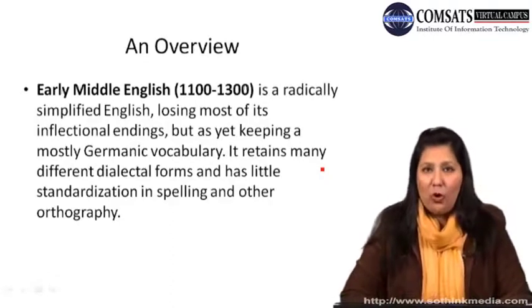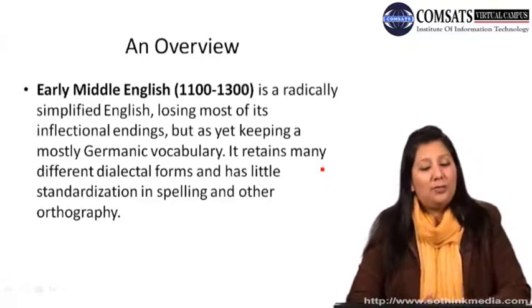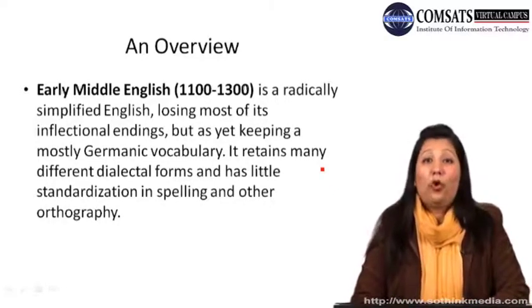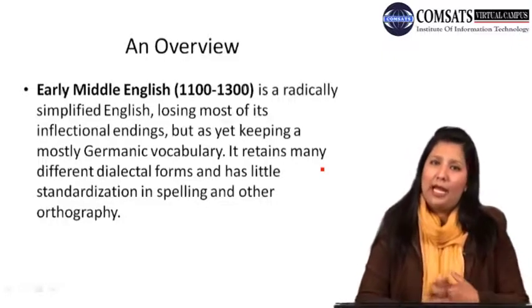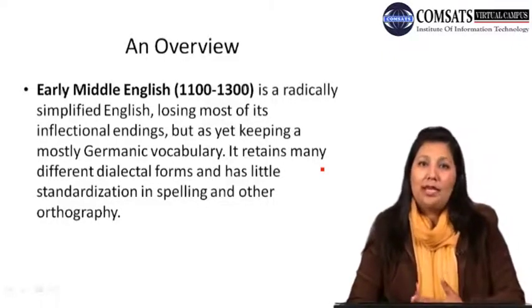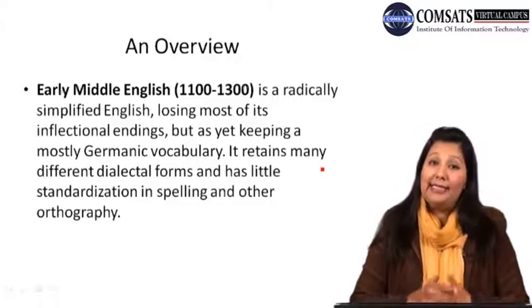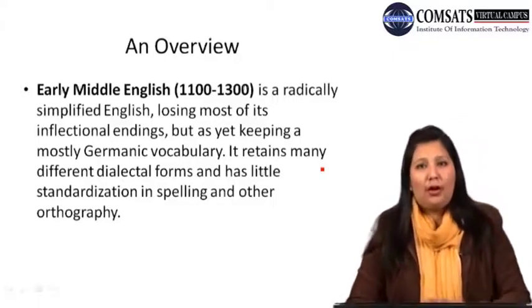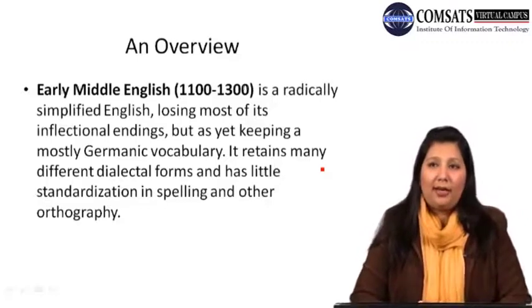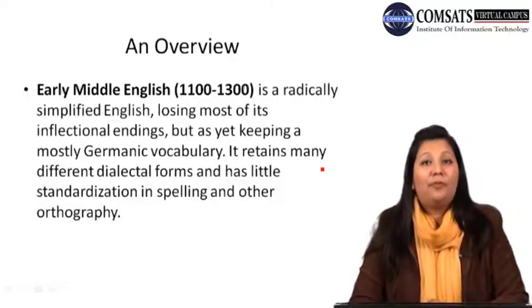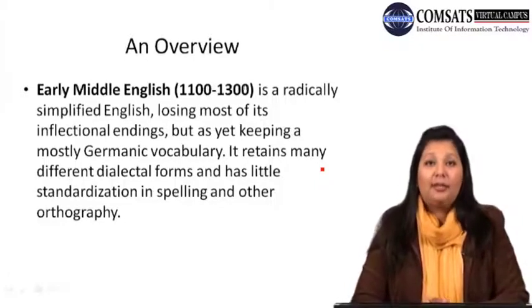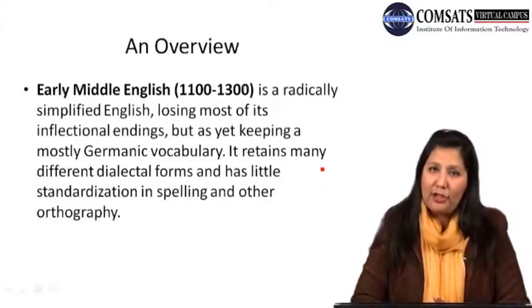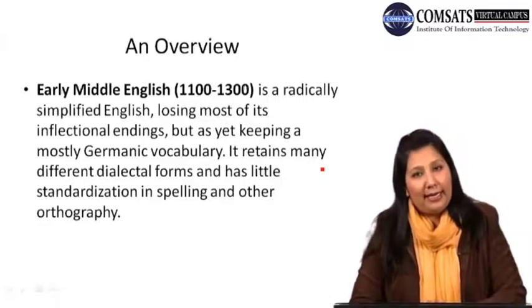Let's start with an overview. Before this perhaps you would have heard that the modern English period is divided into two main periods. One was the early modern English period and the other was the late modern English period. In the same tradition, some scholars, some linguists and a few renowned people have also divided the Middle English period into two phases. The first one is early modern English and the second is later modern English.